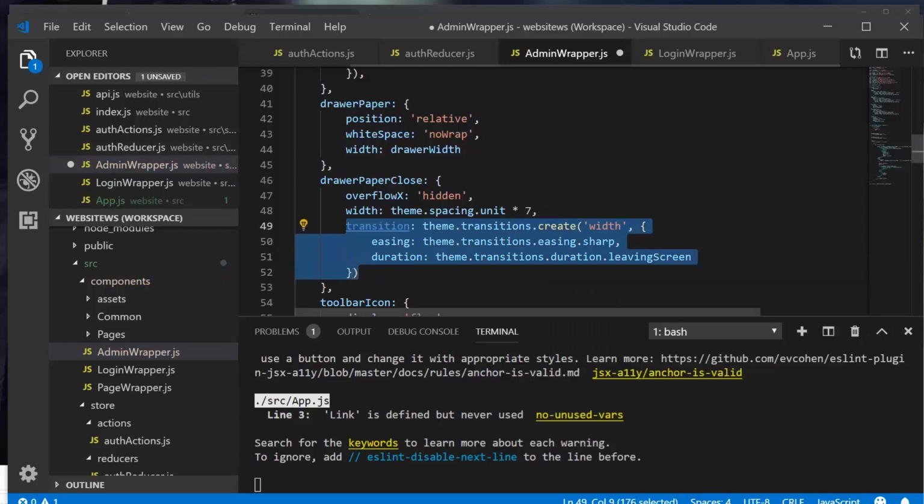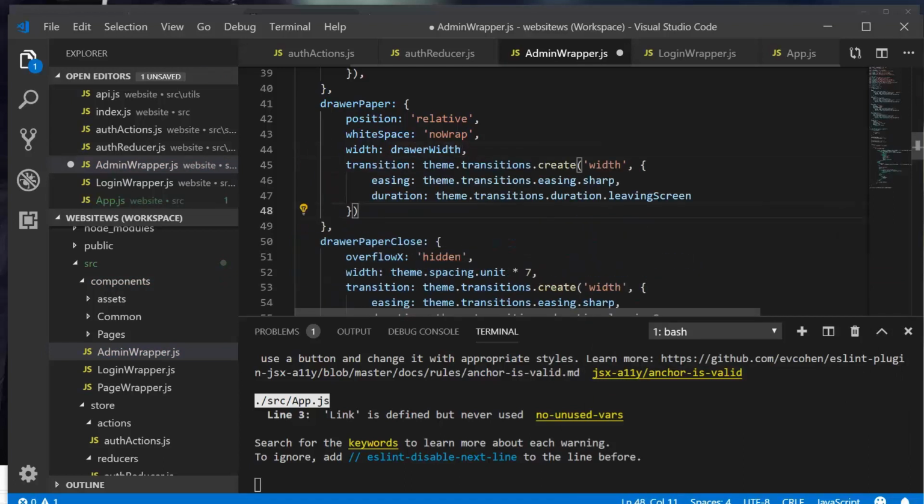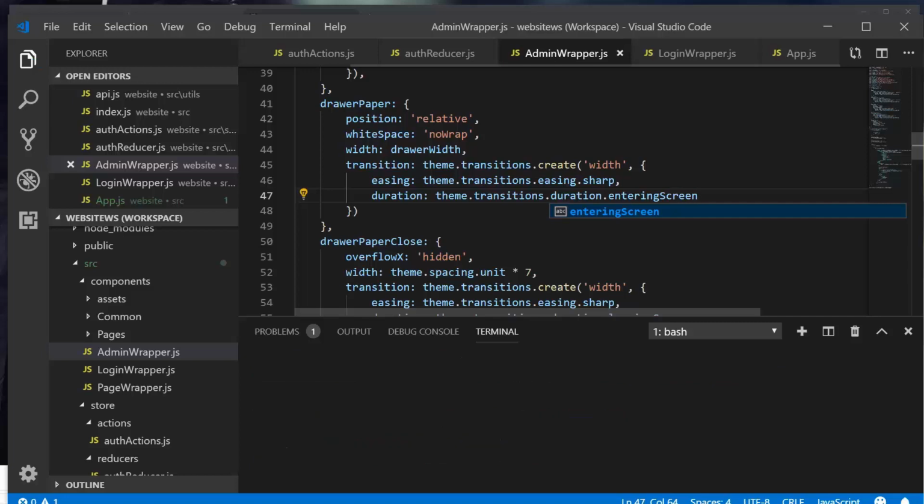Then we're going to copy this transition up to drawerPaper, and the only thing we're going to change is leavingScreen to enteringScreen. And we're going to save this,